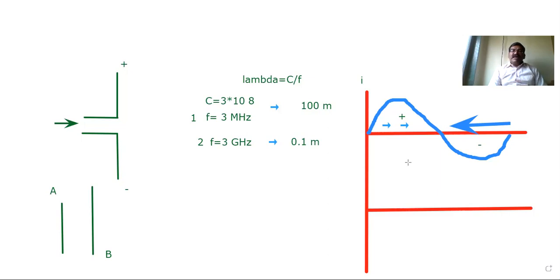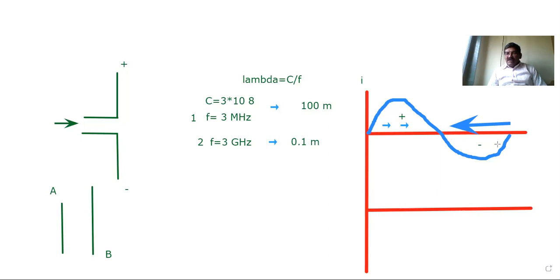If you remember, I explained Maxwell's equation: del cross H equals JC. This is for the steady DC current, that is the steady current. For the time varying case, it becomes del cross H equals JC plus JD. You can refer to the previous video if you have a doubt. Now here the current direction is changing. Now the current is going this way.